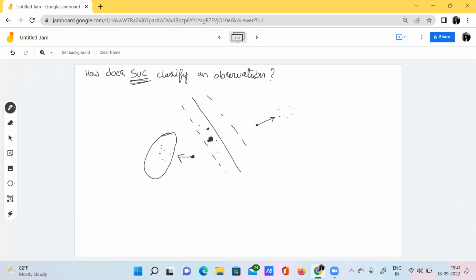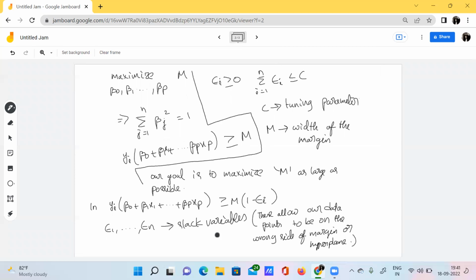But these are actually placed on the wrong side, that is within the margin. And who is allowing them? These slack variables, right? And the value of this slack variable should be greater than or equal to 0 and the sum should be less than or equal to C. C is nothing but the tuning parameter, and I'll explain what is meant by this tuning parameter.